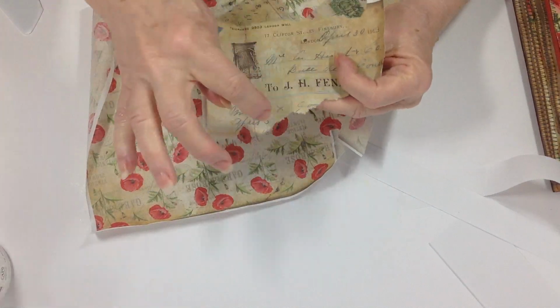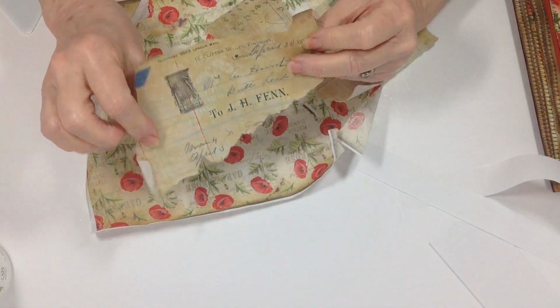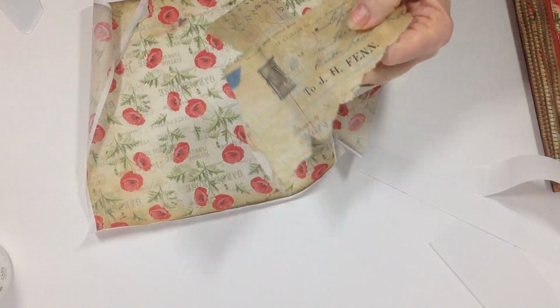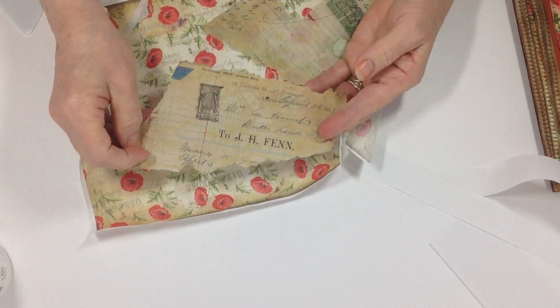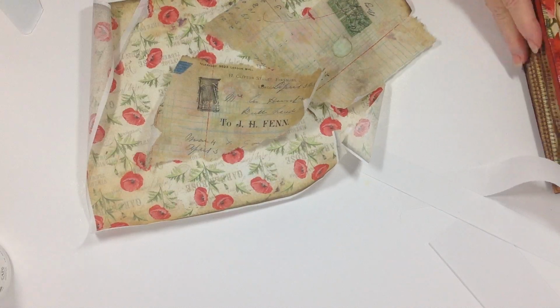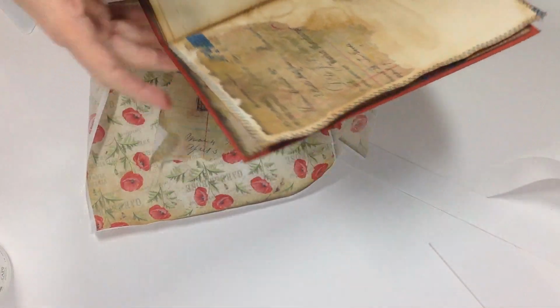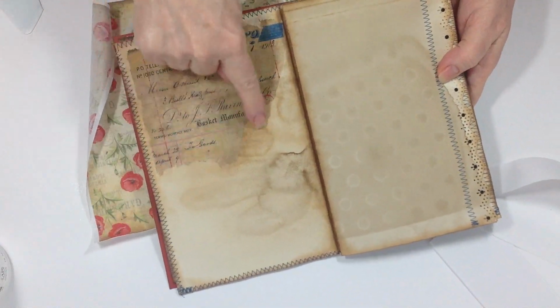I did go along the edges and inked the edges with my vintage photo ink just so that it would be a little bit more old looking and give me the vintage look that I wanted. I will show you what the process is. Here is one page that I did, and I